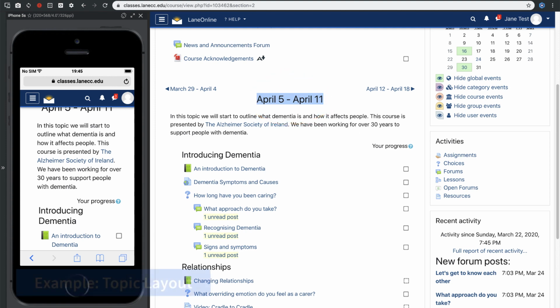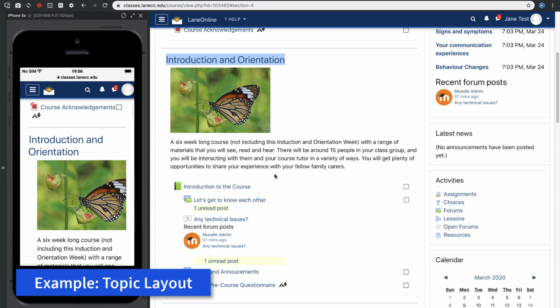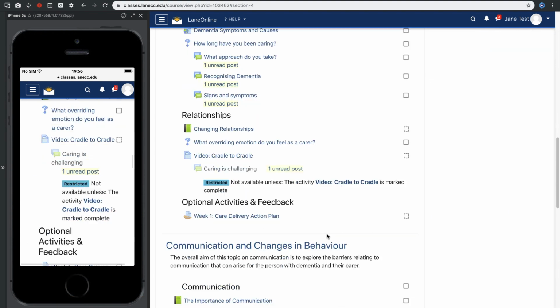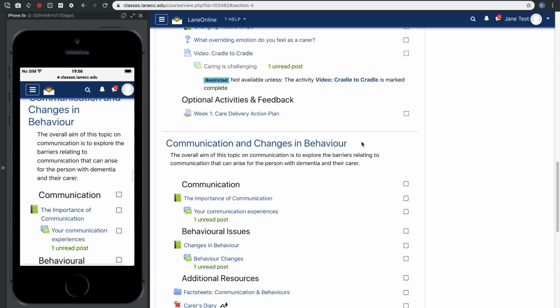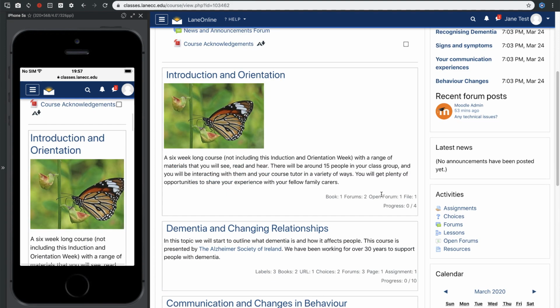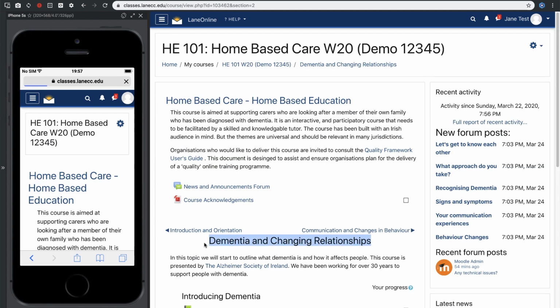If your instructor prefers to organize the class content using topics, the layout looks similar, but be careful to note assignment deadlines as some topics can span multiple weeks. Scrolling down the page allows you to access additional topics that the instructor has chosen to make visible. If you see a list of topics but no activities, simply click the topic title to jump to the content for that topic.